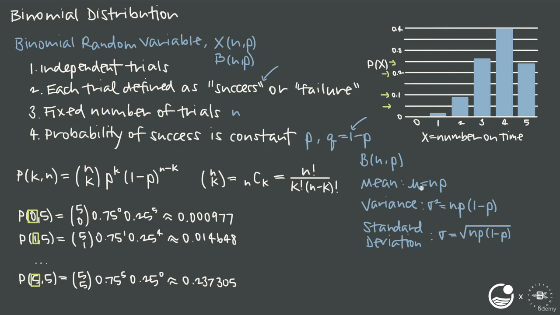The mean is always going to be n times p. In our case, 5 times 0.75, or 3.75. So our mean, our expected value is 3.75. So if we randomly select 5 rides, then we expect roughly 3.75 of them. In terms of this long-term average, we expect 3.75 of those 5 rides to have the driver arrive